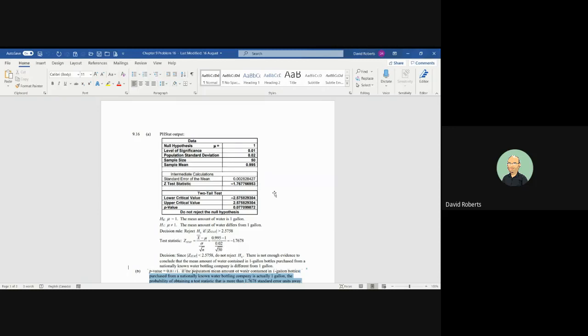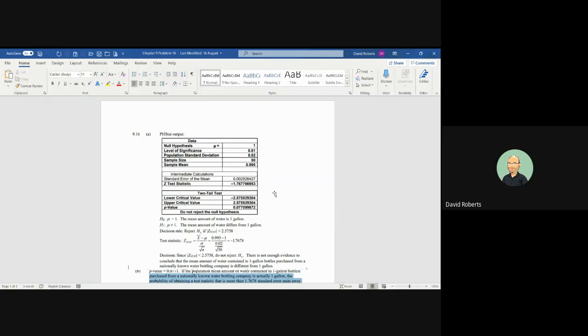So the null hypothesis is the mean is equal to 1. Level of significance is 1% and a standard deviation of 0.02. You are given a sample size of 50 bottles and you find out that the sample mean is 0.995. You can see by the conclusion that I've given you in the Excel spreadsheet, you do not reject the null